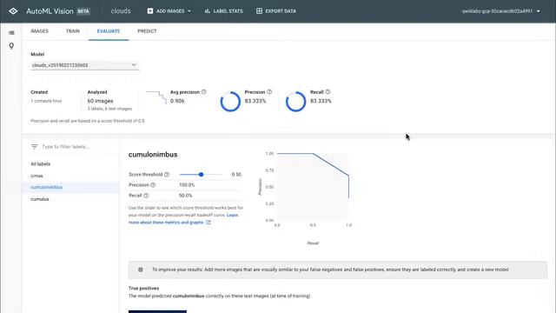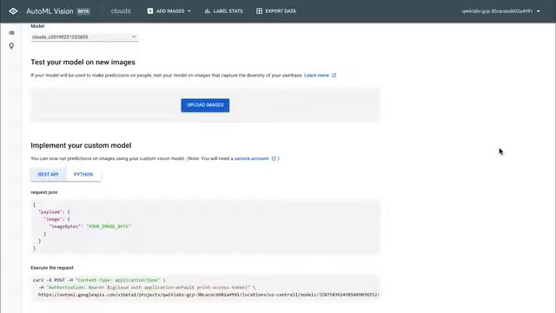Now it's time for the most important part, generating predictions on your trained model using data it hasn't seen before. To make predictions, navigate to the Predict tab in the AutoML UI. There are a few ways to generate predictions. In this lab, you'll use the UI to upload images. You'll see how your model does classifying these two images. The first is a cirrus cloud. The second is a cumulonimbus.